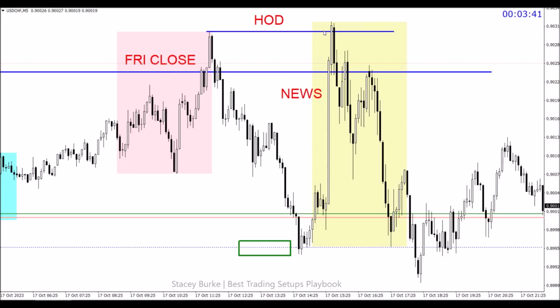The news takes us up into the high of the day before breaking down into the New York Open, pumping up, and an engulfment underneath the closing price level into the beginning of the third hour. So coming back to behavior of price and timings. We have New York Open. We have our levels, which is Friday's closing price, high of the day. We have our low of the day, low of the week, and closing price from Monday as potential target,